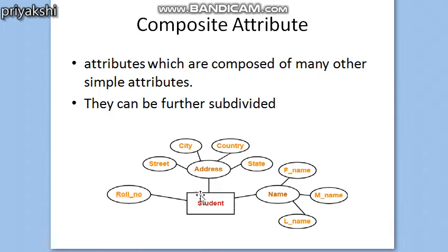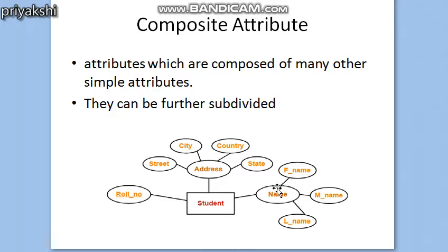For example, the entity student can have a roll number. We cannot divide roll number into smaller subparts, so it is a simple attribute. But the attribute address can have smaller subparts like street number, city, country or state. So we call this attribute a composite attribute.